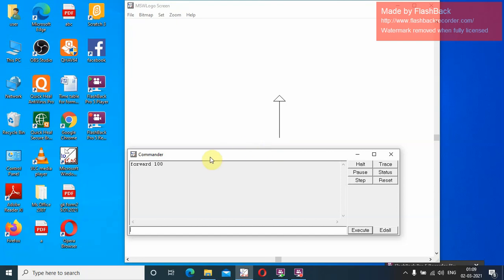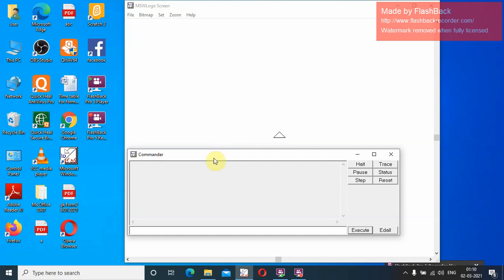Same way, now I want to show you the BK command, so I am going to erase this. For that, CS, as we know, clear screen, and CT, clear text.